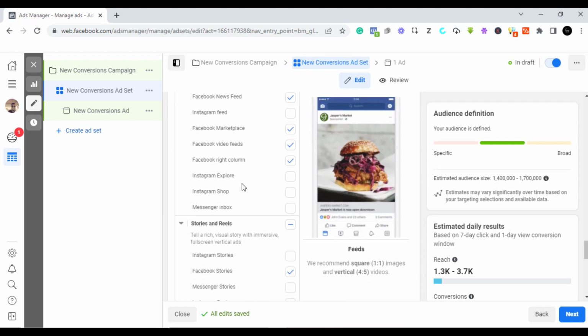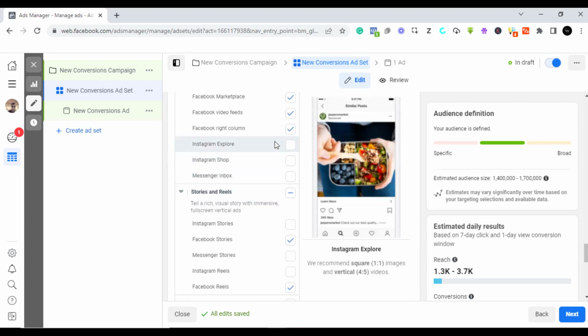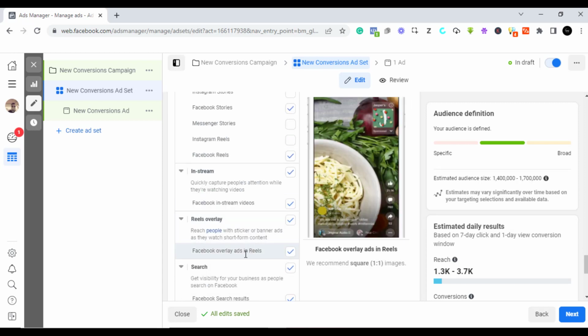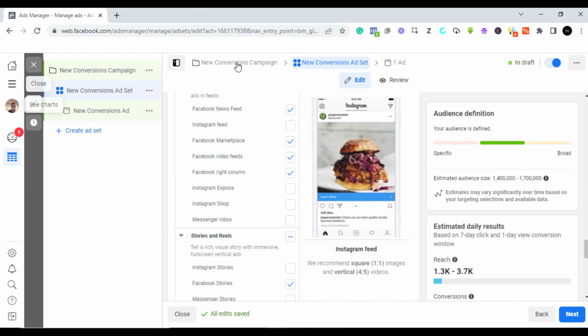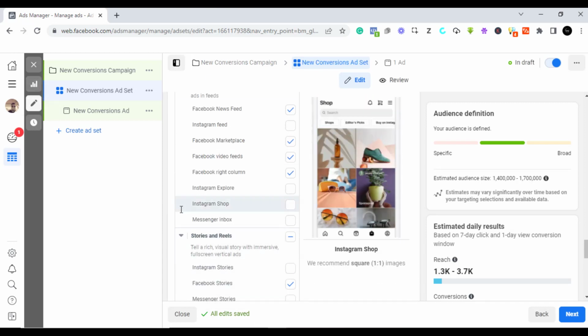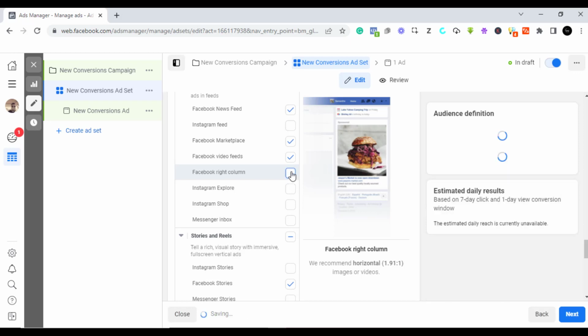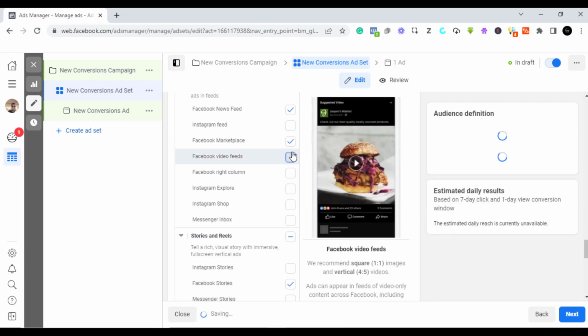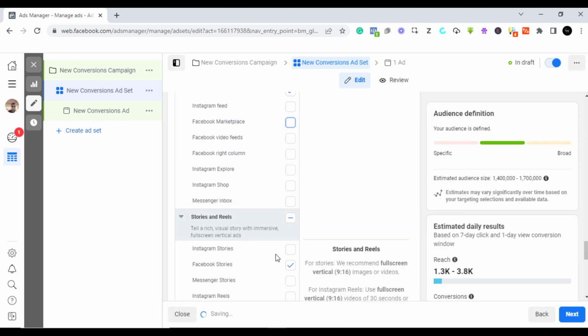So I'm just going to keep that one on just Facebook, and I'm going to equally uncheck where we don't think will work for us. For instance, most persons don't view their Facebook profiles on their computer. Facebook, I don't think, is very, very exciting on a computer. So we come here, we uncheck the right column, we uncheck video feeds, and we uncheck the marketplace. All right, so we want this to just be on